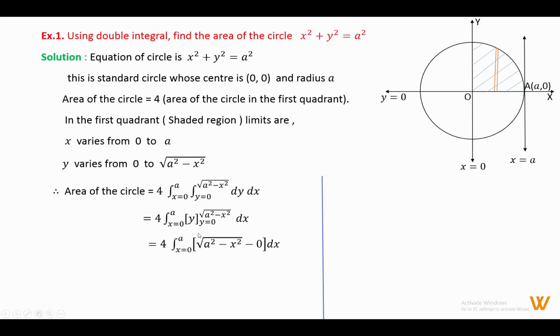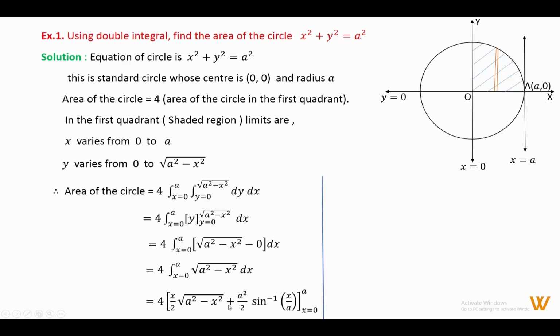put the value of y as the upper limit, square root of a square minus x square, minus of put the value of y as 0, dx, is equal to 4 times the integration, limit x varies from 0 to a, of square root of a square minus x square dx. Now this is a standard formula of integration. 4 times the integration of square root of a square minus x square is x upon 2 square root of a square